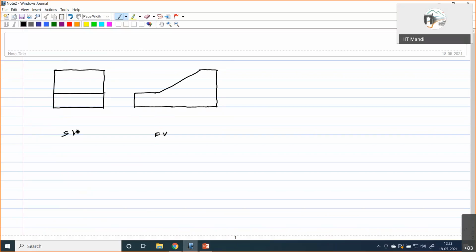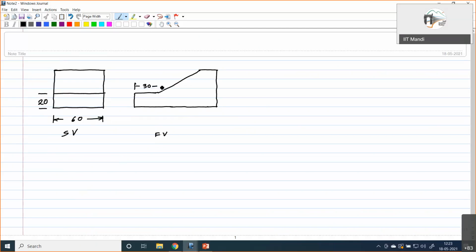Let me put some dimensions also. So say this is 60. This is say 20. Here suppose this is 30.